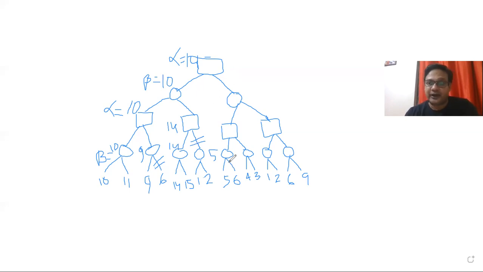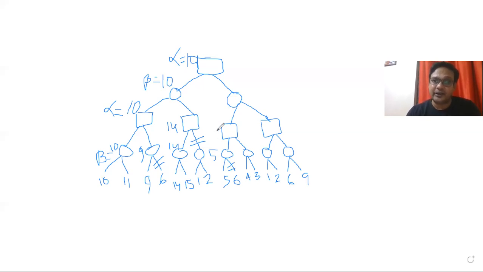Because alpha is 10 here. If it is less than 5, it's fine, but there will be no effect of this value. If it is greater than 5, there will be no effect here in the min node. So this edge can also be discarded.